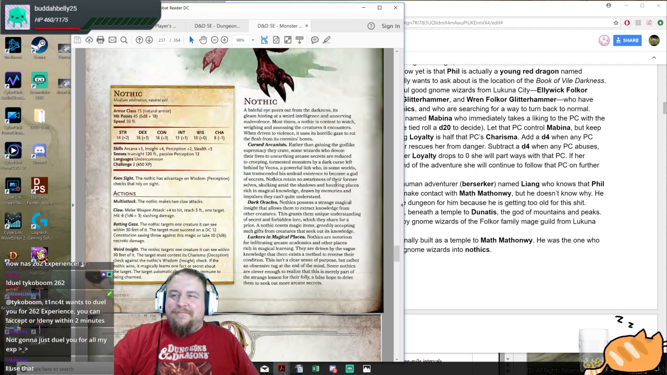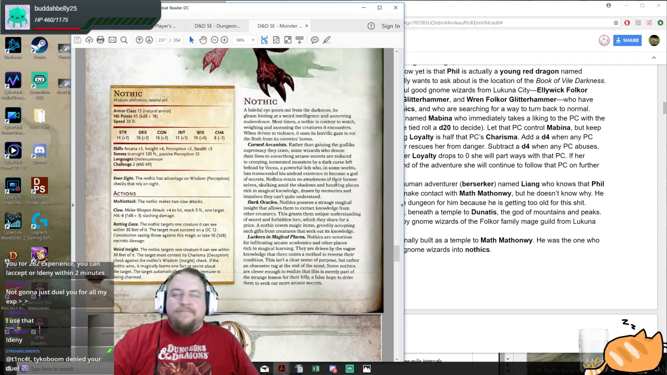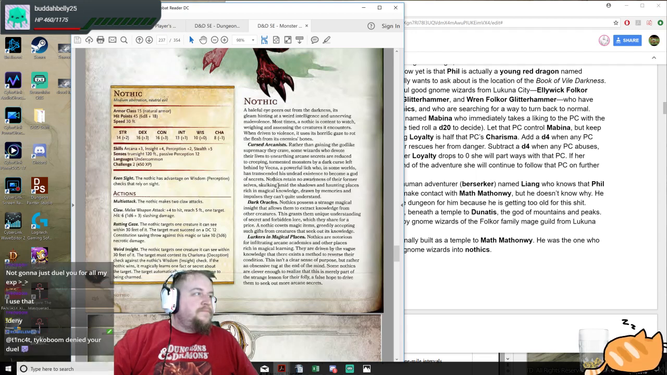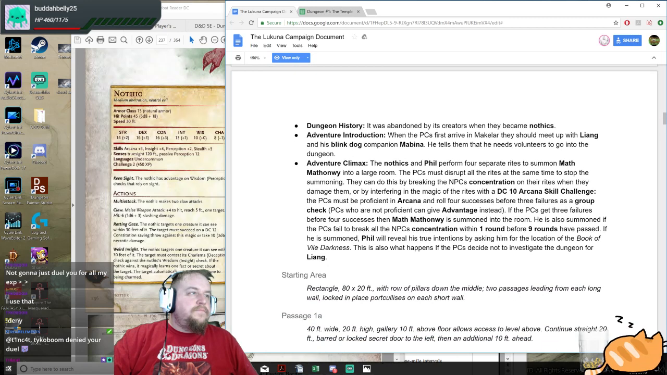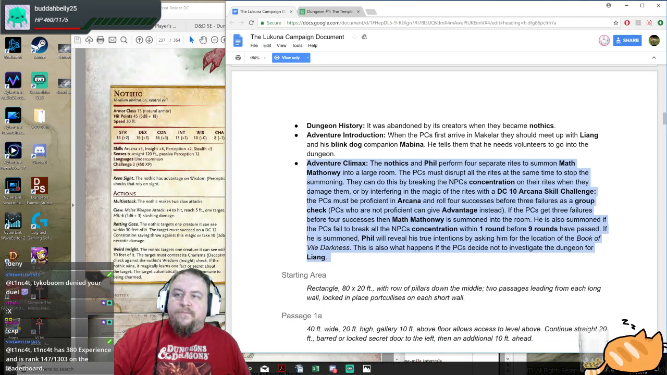So they are searching for a way to turn back to normal, right? Yep. And they still retain all of their stuff. So what that means is that our climax involves a rite that the players have to stop. So if they're lawful good gnome wizards, why might they get into a combat with the party? Well, maybe the ritual that the players are trying to stop is the thing that will turn them back to regular gnomes. Of course, the players don't know this,